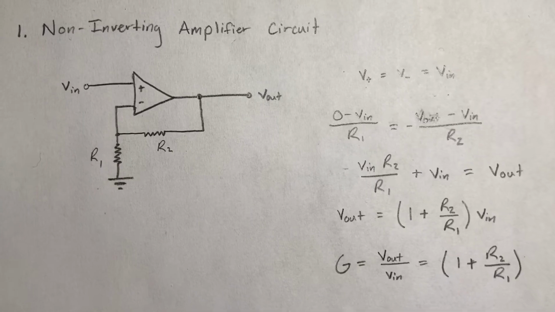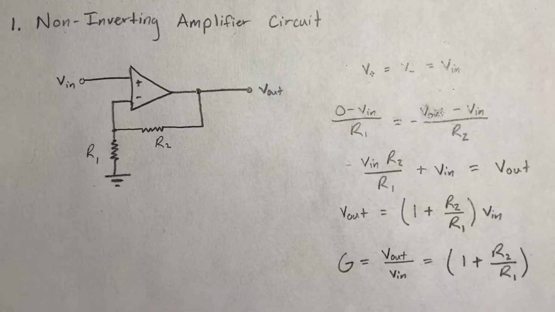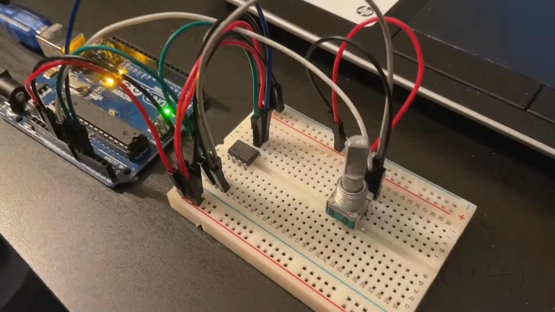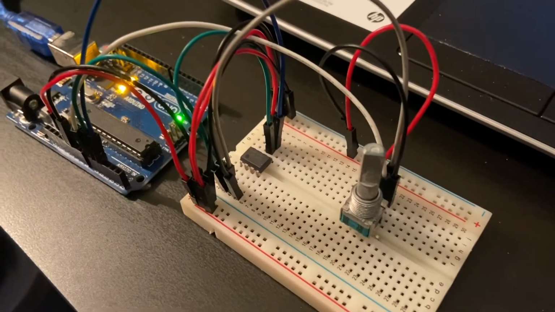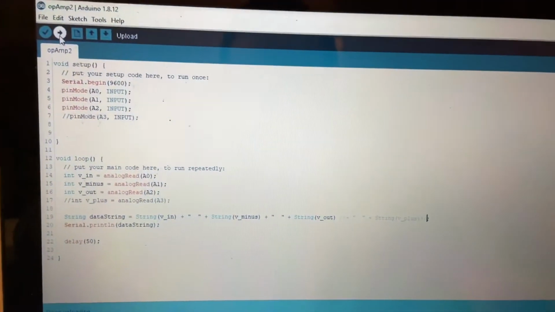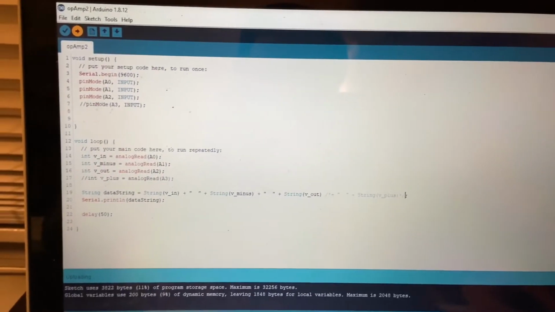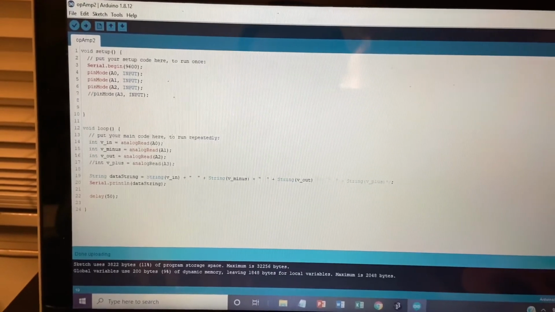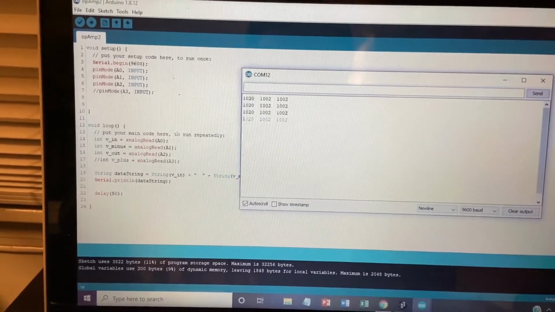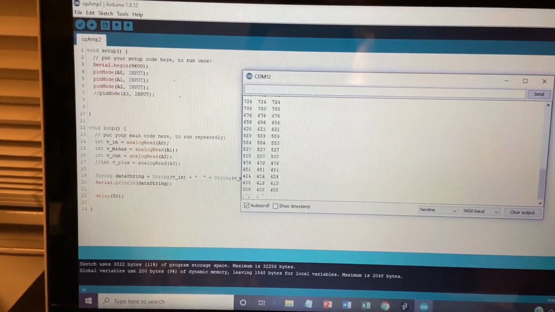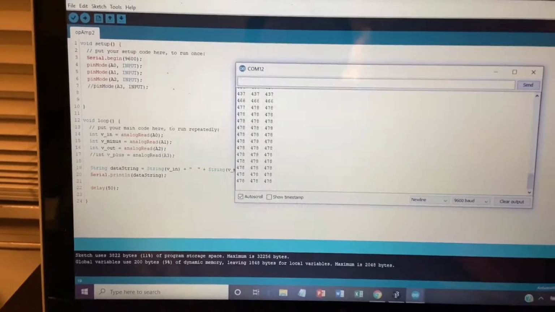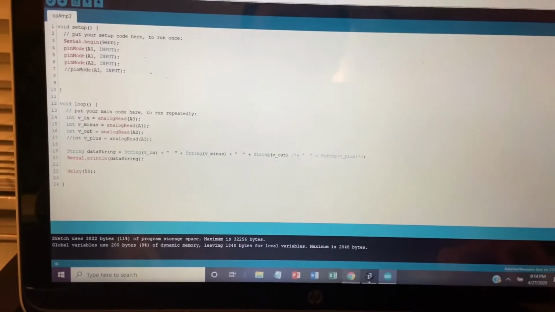Next we're going to move on to exercise 2, which is the unity gain amplifier. Here we've got the unity gain amplifier. We'll look at the code real quick and give this an upload. I'll check the serial monitor just to make sure everything's working. We can change the values with the potentiometer. We'll hop over to Processing,